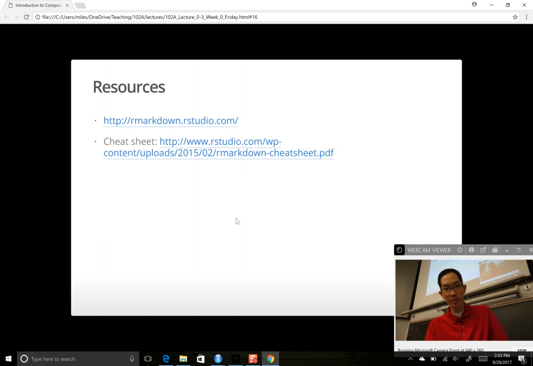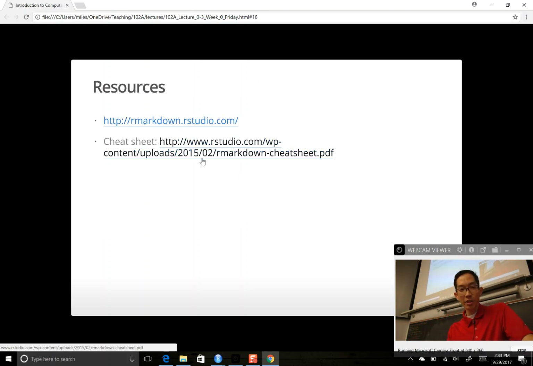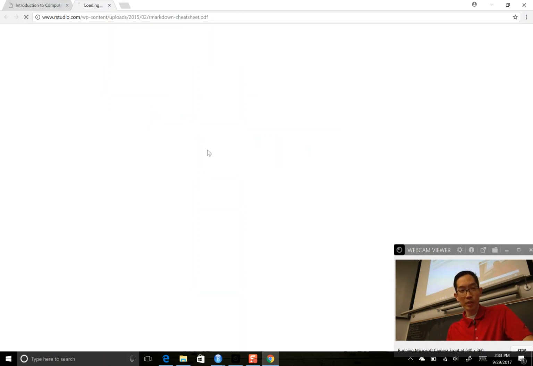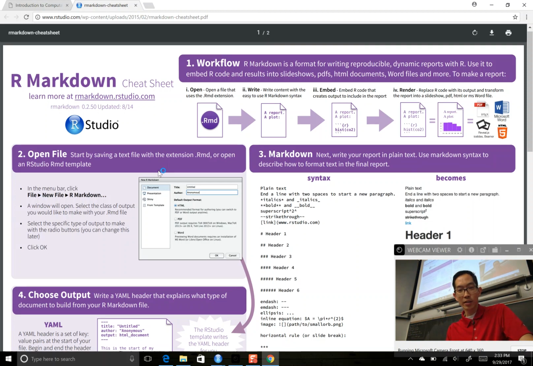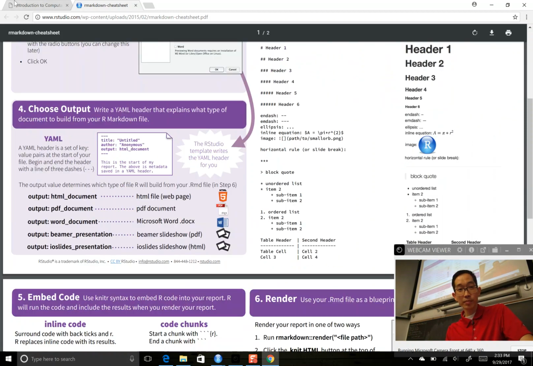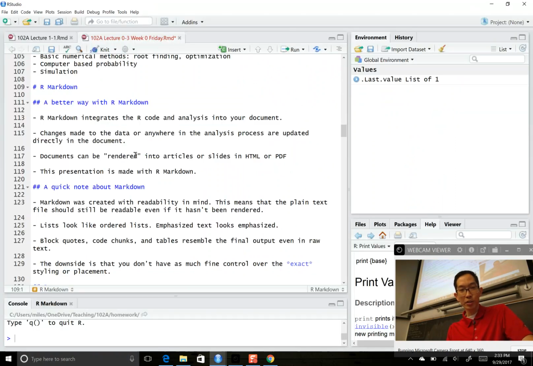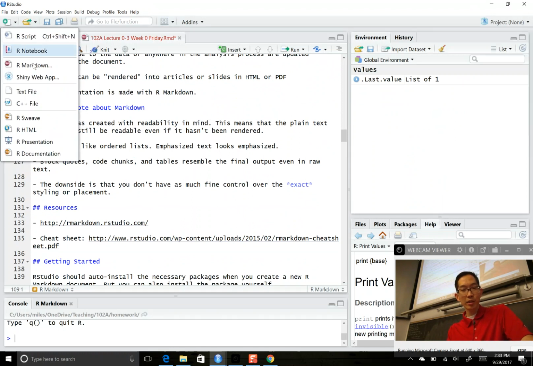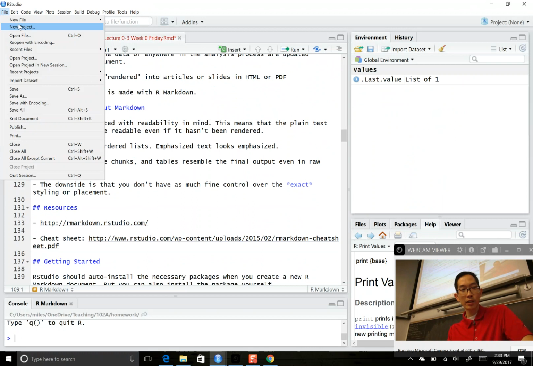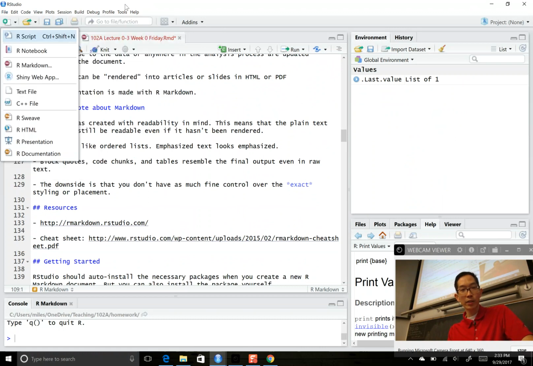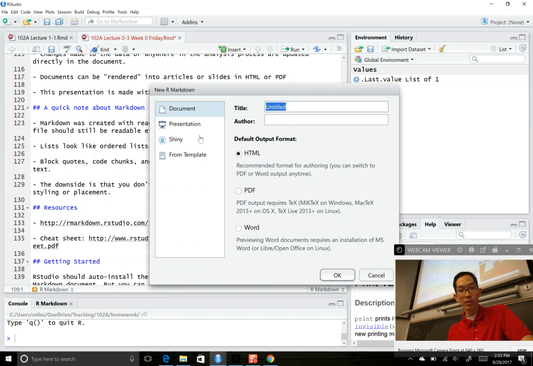Okay, so basically, if you're not sure how to use R Markdown, just check out this link, and there's some tutorial videos, and then there's a cheat sheet, which everybody should have on just some of the basics of producing R Markdown stuff. Okay, but basically all you do is, if you've never seen it, you just come to File, New File, New R Markdown file, or you just click this thing and you say R Markdown, and then title is test document, author is me, and then